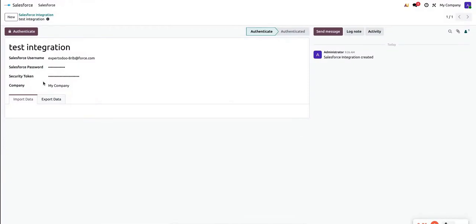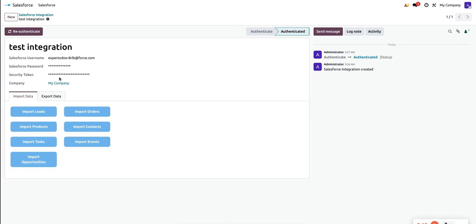Okay, so first of all, you have to add your test credential. Then click on authentication. You have to put your username, password, security token, and company ID. Then you have the option to import data and export data. So first of all, we will go with the